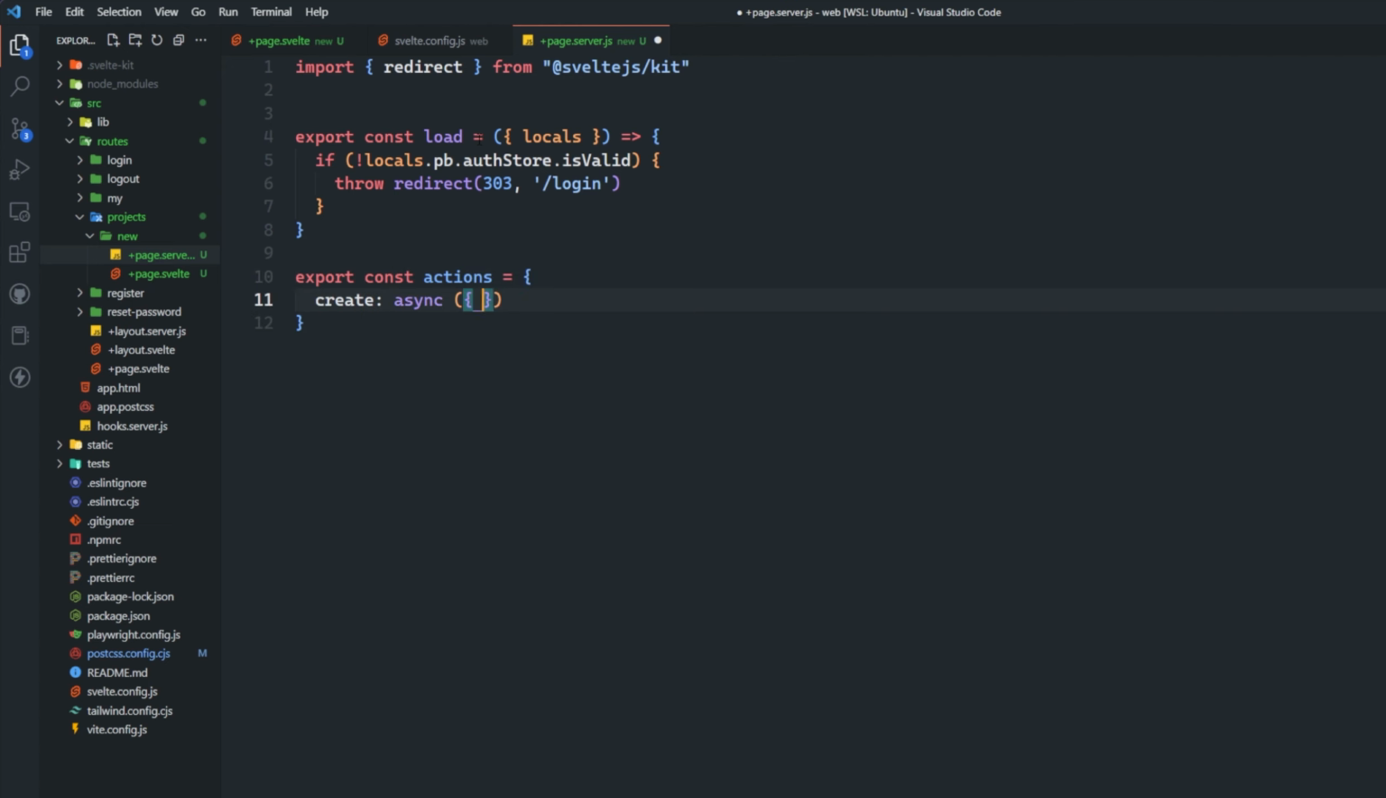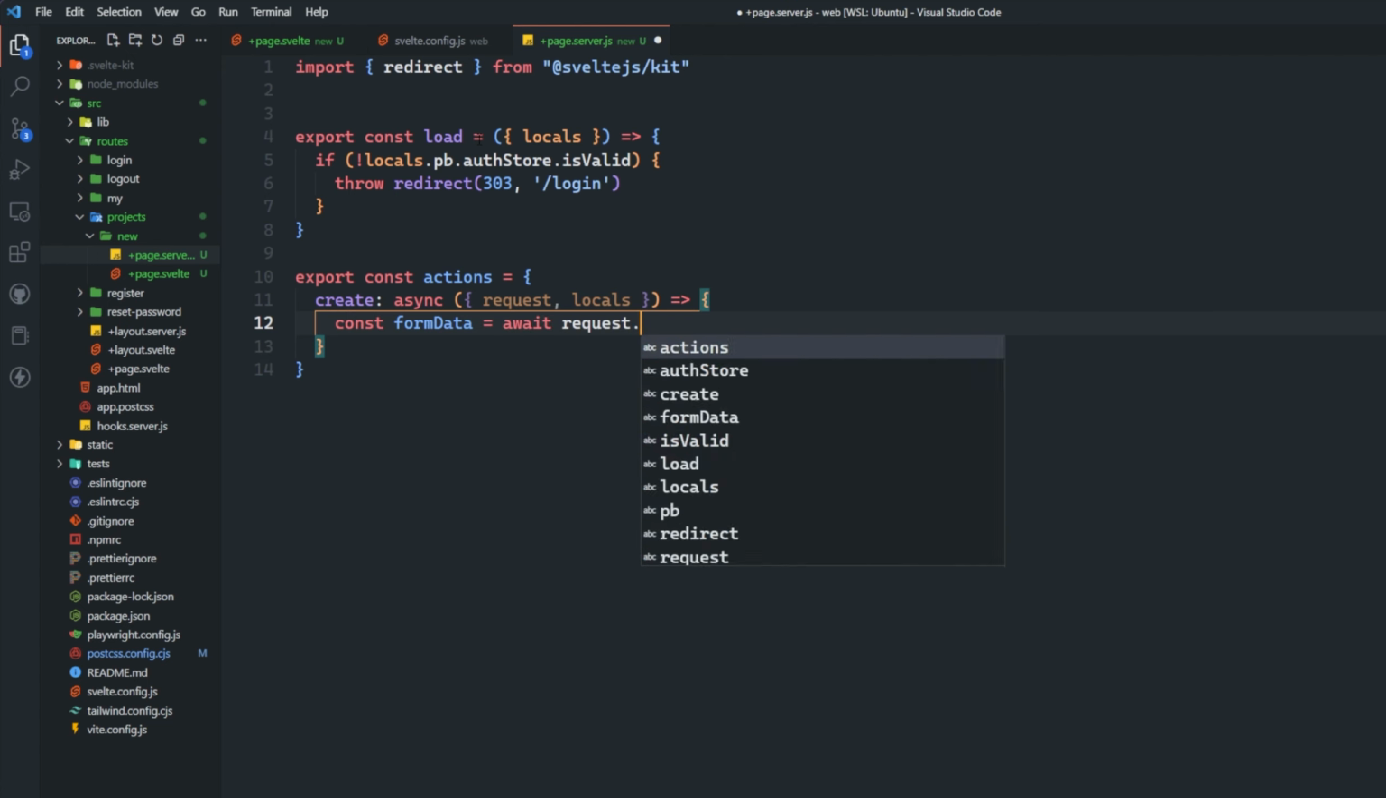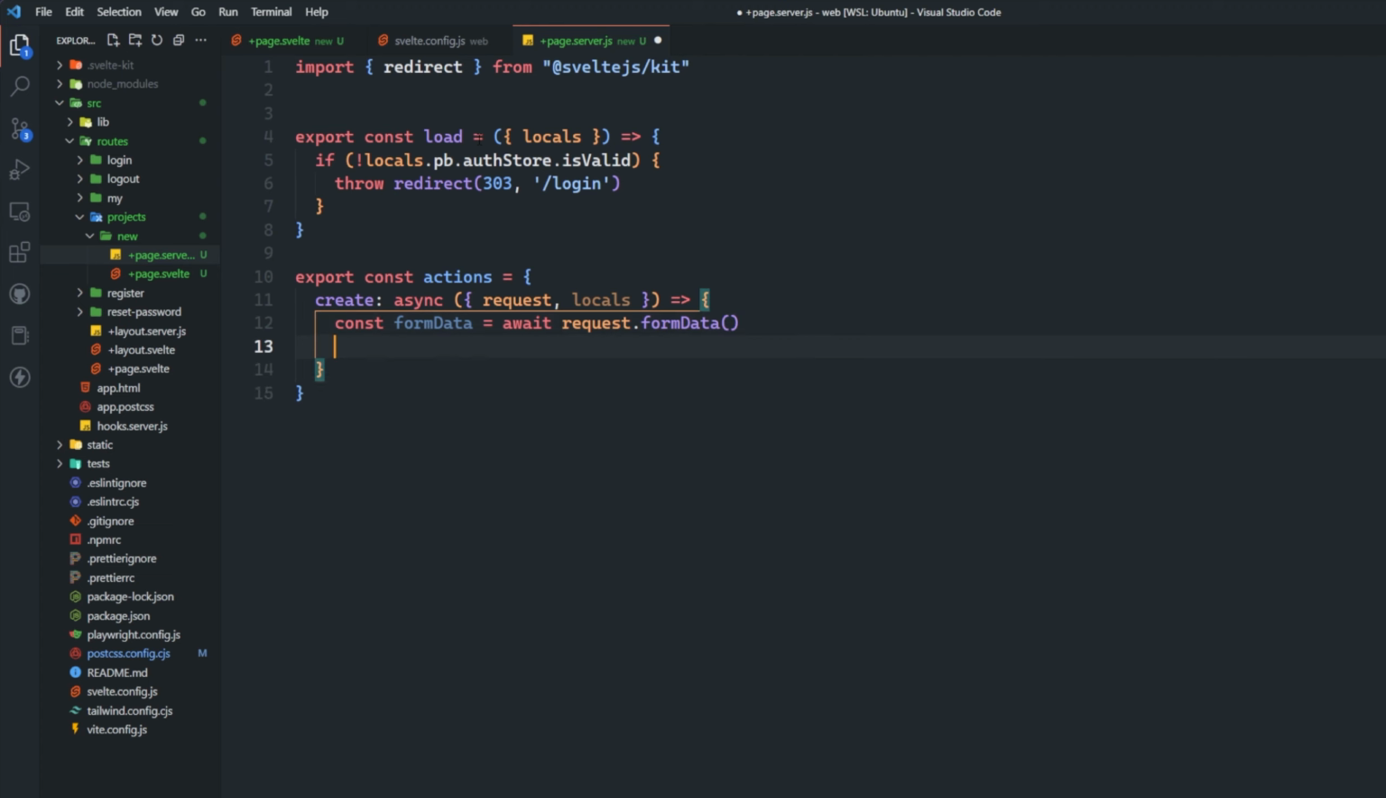It's going to be asynchronous. It's going to take in a request and locals. And then we're going to get the form data. So we'll say const formData equals await request.formData. And it's going to seem familiar because we've done this for other things, for the user profiles and things like that. And then just like for the avatar, what we want to do is we want to get the thumbnail